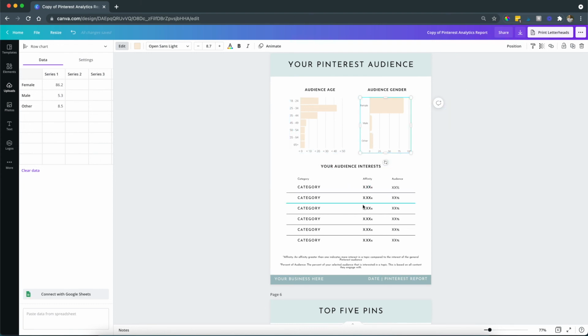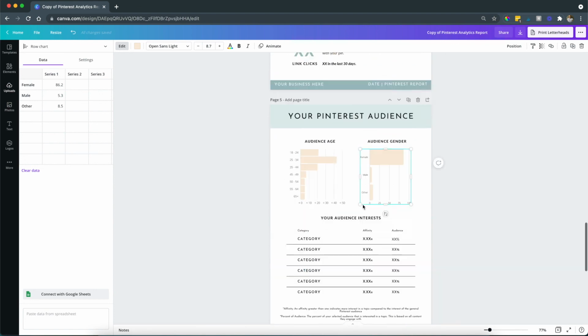Everything's already settled, so you don't really have to change much. These are the exact ones I use in Pinterest. And then down below is